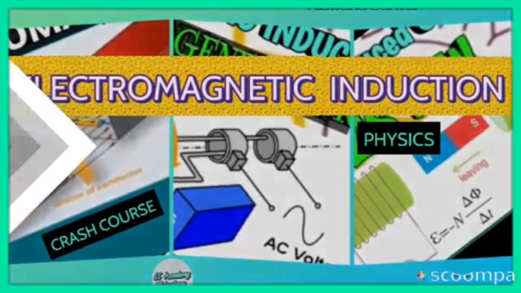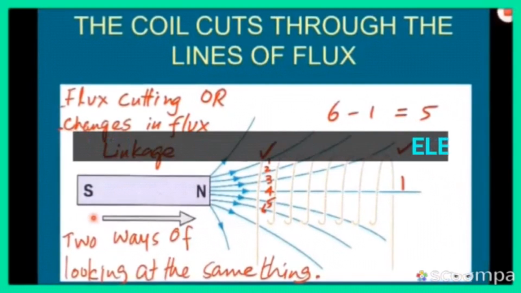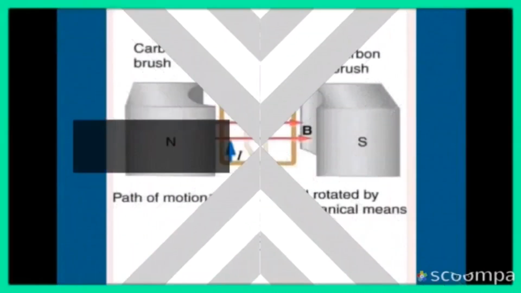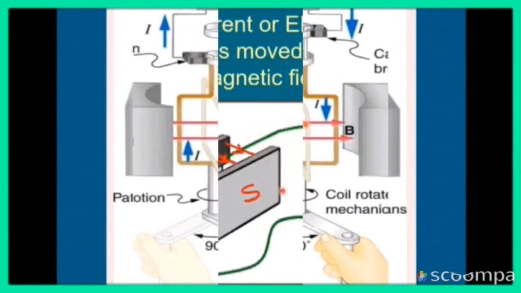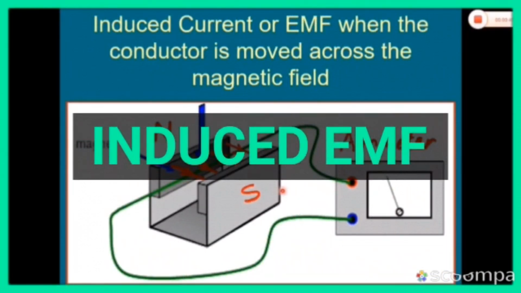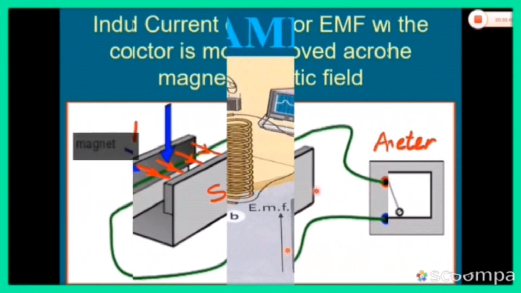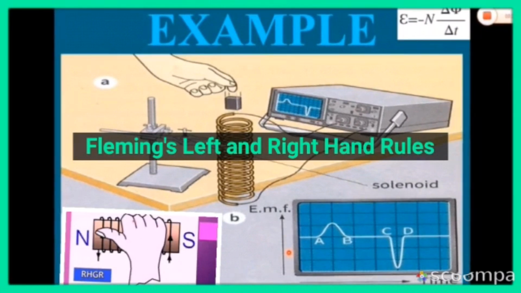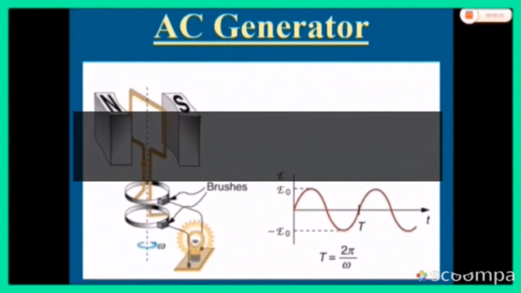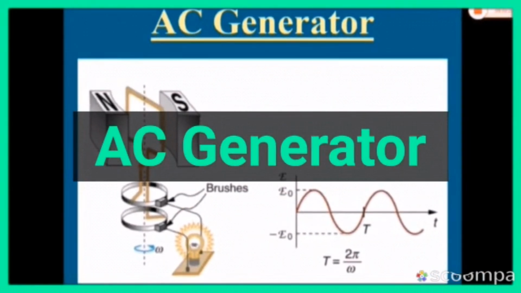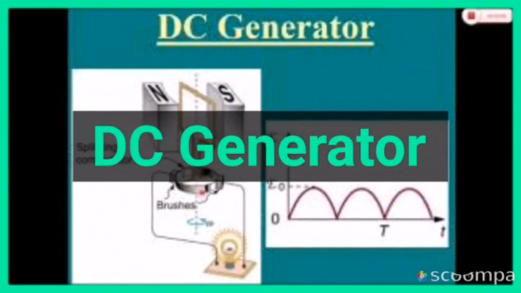Under this topic, you will learn in depth about electromagnetic induction, including Faraday's law, Lenz's law, electric motors, electric generators, AC and DC, then flux linkage and magnetic flux density, induced current and induced EMF. Moreover, you will also learn about Fleming's left hand rules and Fleming's right hand rules. And where do we use these two rules separately? Also, I have included some examples from Cambridge A-Level's physics curriculum, but my videos are for all the students belonging